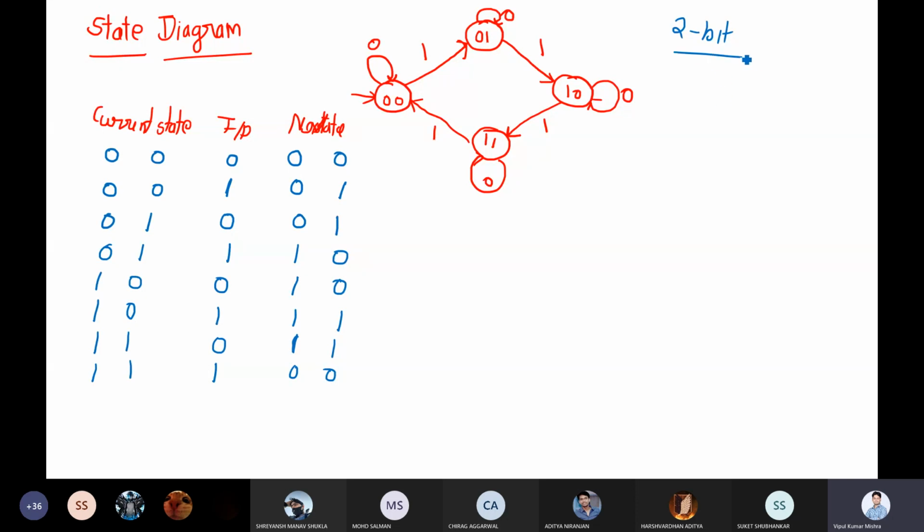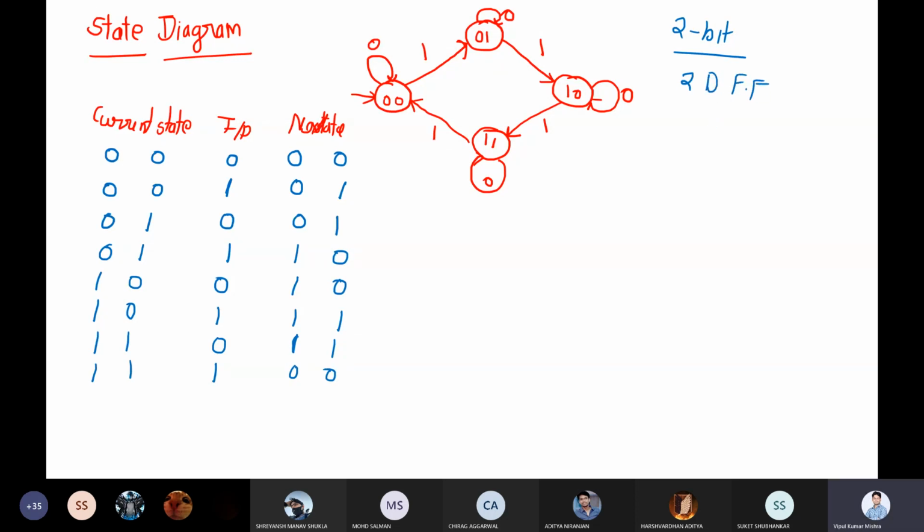Now in order to store this, how many flip-flops do you require? Suppose I have a D flip-flop. Let's think how many bits one flip-flop stores. 1 bit. So for 2 bits, how many flip-flops are required? Simply 2 flip-flops. So we require 2 D flip-flops.